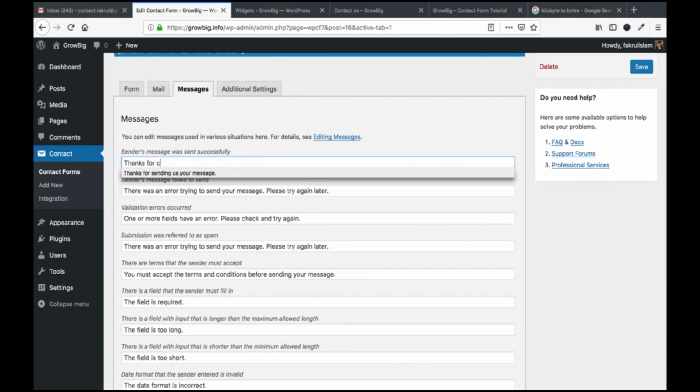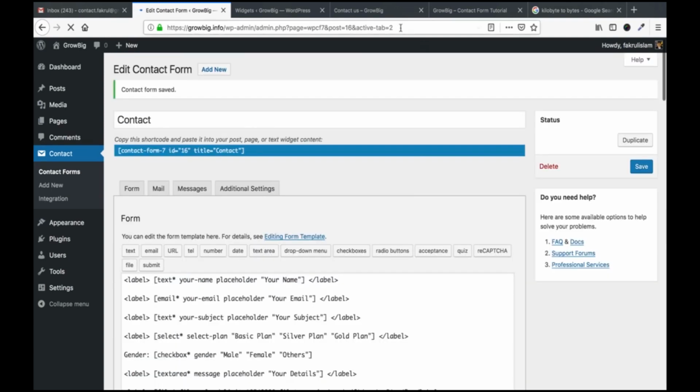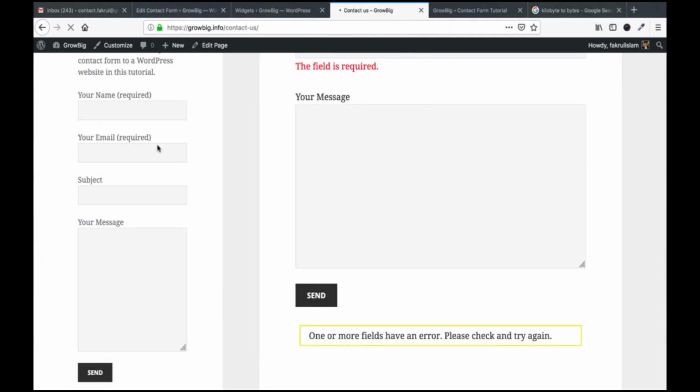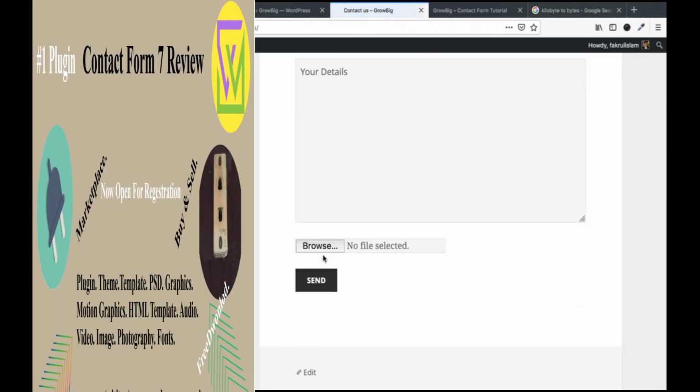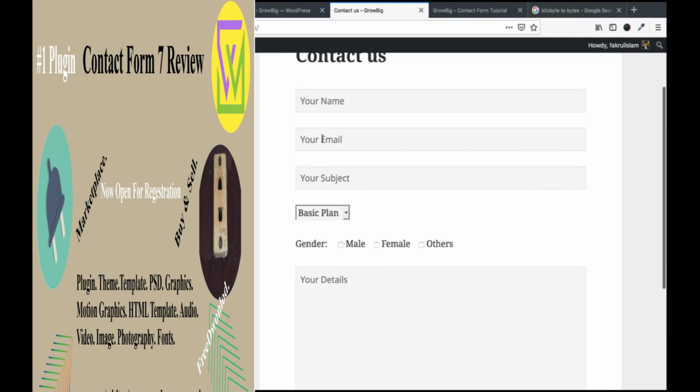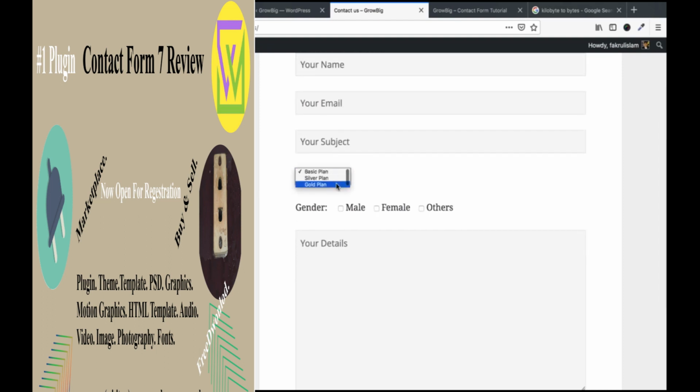So I am typing the message. This message will show to the visitor. Then click save and we will visit and send again. Now we will see our message is showing. Our field is added.